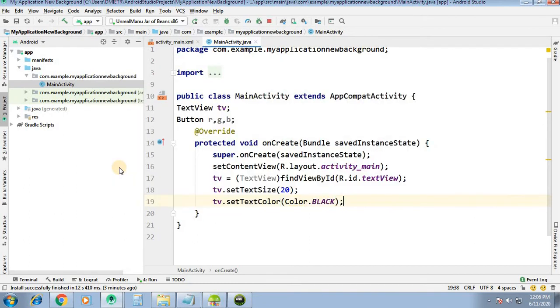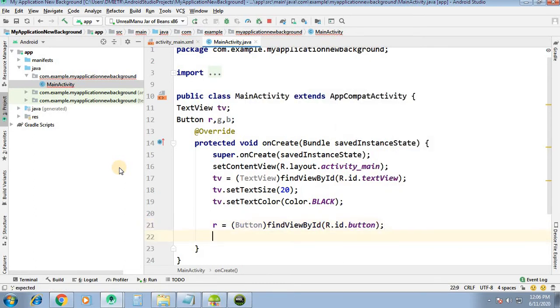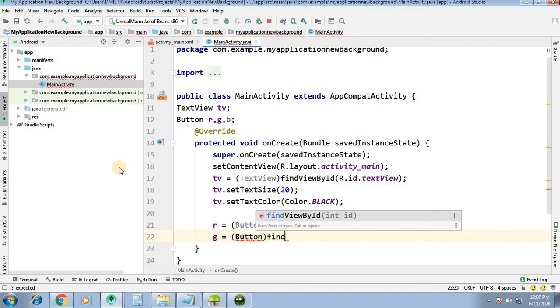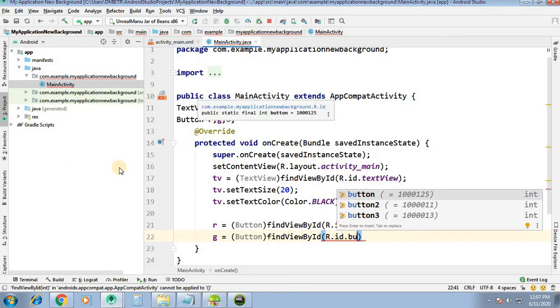Okay, and now we will map the button. R equal to button find view by ID, R dot ID dot button. For red, and for green, button find view by ID, R dot ID dot button 2.